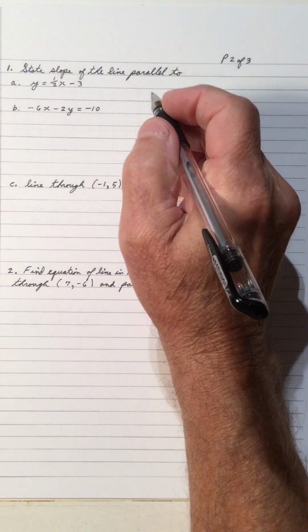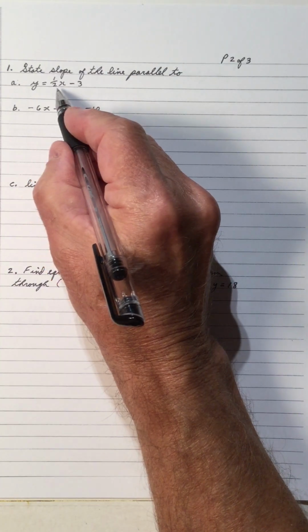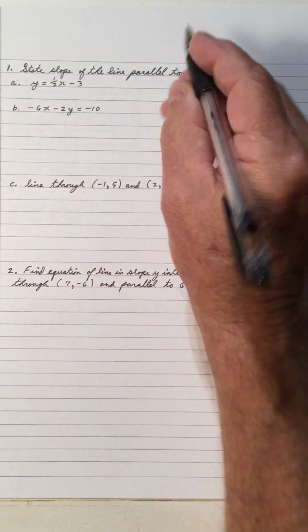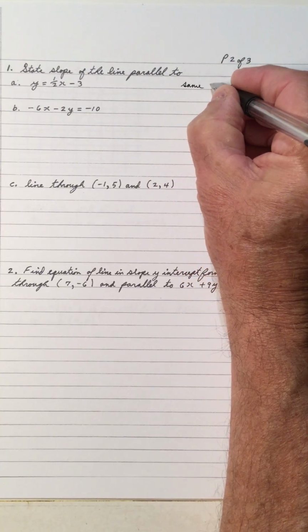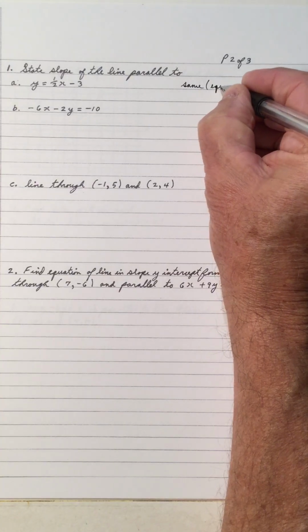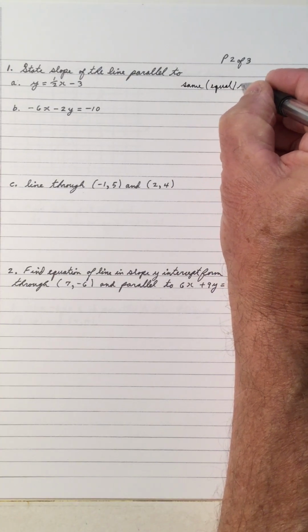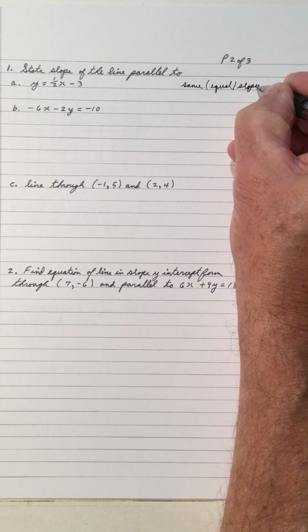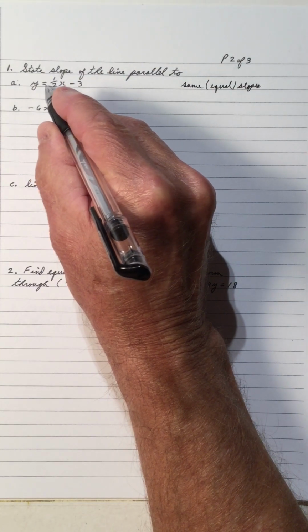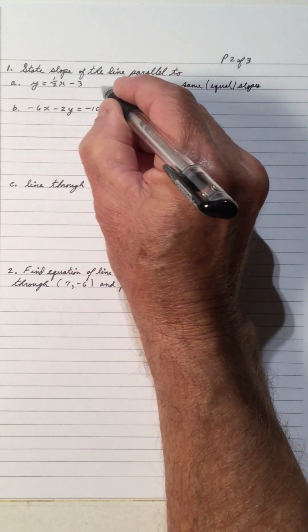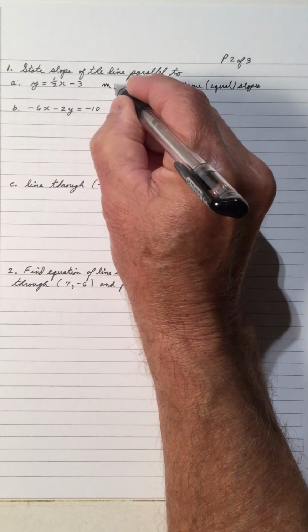Find the slope of a line parallel to y equals half x minus 3. Parallel lines have the same or equal slopes. So the slope of this line is a half. This is y equals mx plus b. So the slope of the parallel line is